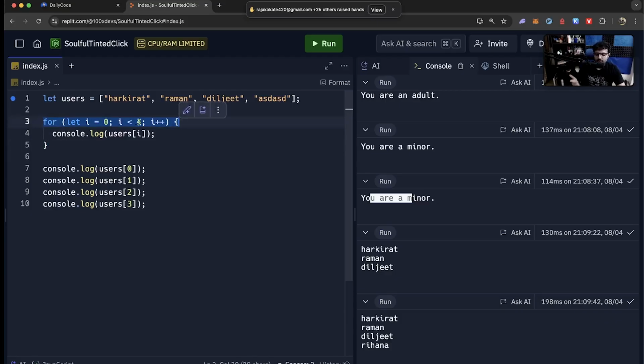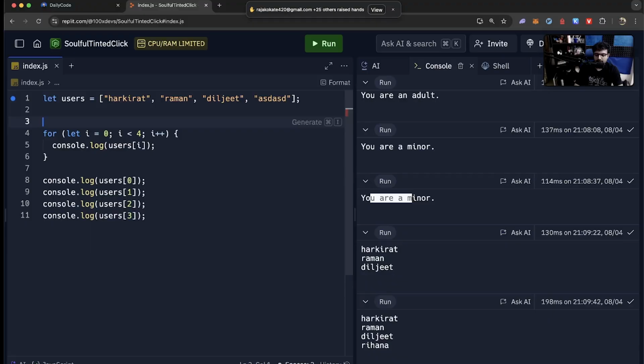So for i equal to 0, which means start off from 0, this section, the first section, is called the initiation section.